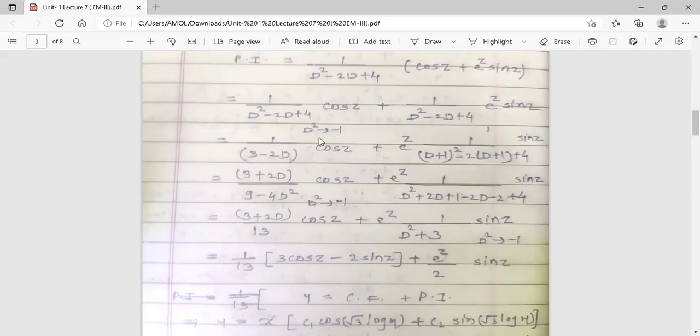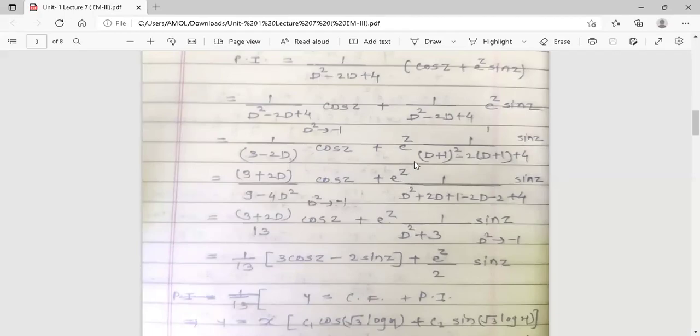Now how to solve for cos z? We always replace the terms of D square and not D. Now there is a term 3 minus 2D. There is subtraction of two terms, so we cannot integrate cos z here. If there is a single D in the denominator, then we can easily integrate. But here the term is 3 minus 2D. Then how to remove this D from the denominator? Multiply and divide the term by 3 plus 2D. So the denominator is 3 minus 2D into 3 plus 2D, and the result will be 9 minus 4D square, into cos z, plus e